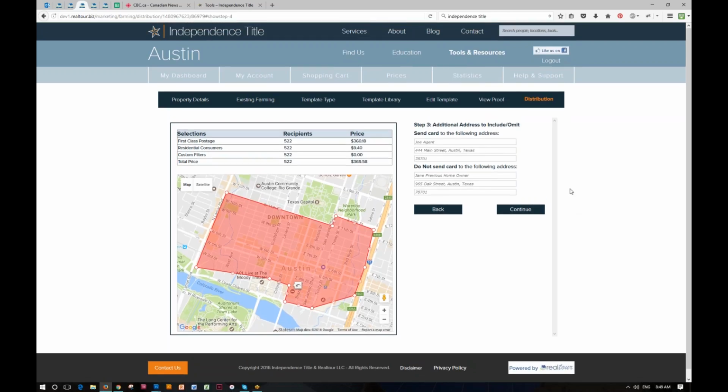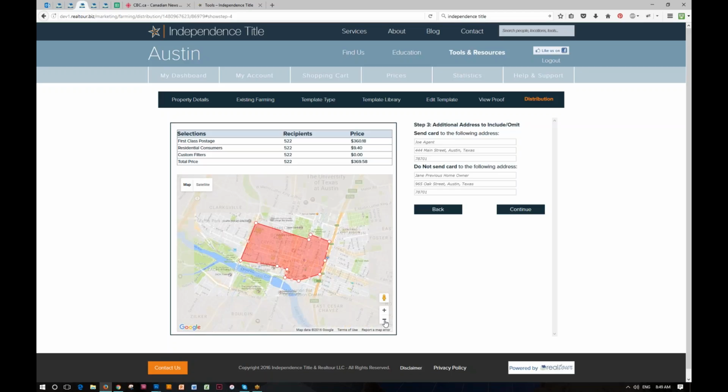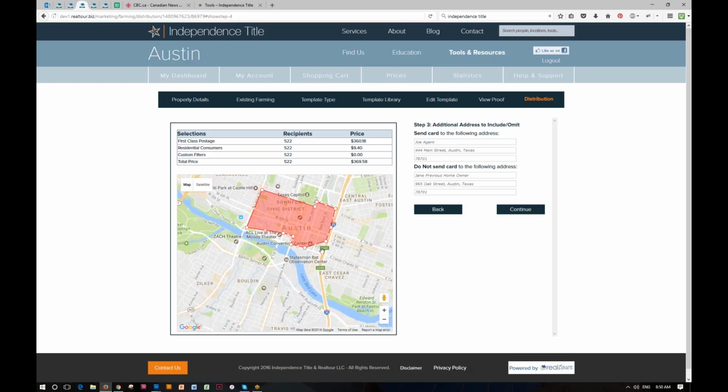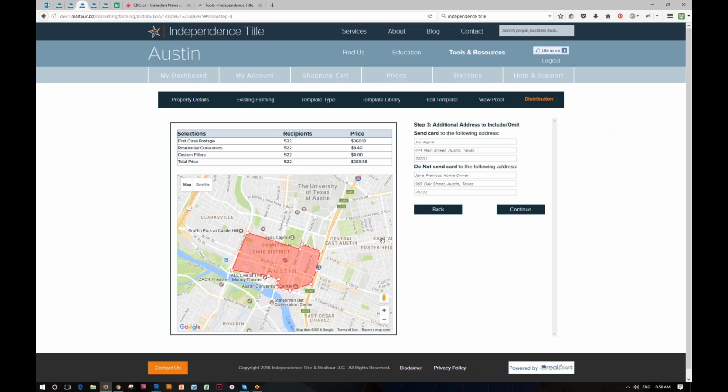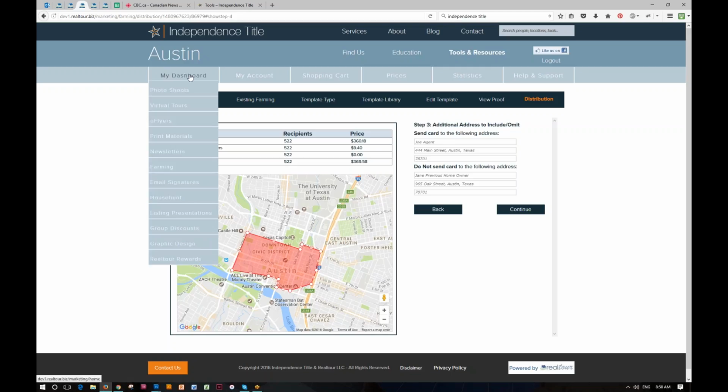Pretty simple to use, pretty nice to be able to make a totally custom target area, which is great because it's a Google map, so I can zoom way out like that so I can see what I'm doing. Maybe I want my target area to follow the curve of the highway and the river. It's just nice to be able to create it so it's not a square. It makes for a more targeted blast because you're paying for every single postcard. You might as well have them go to people that you want. All right,